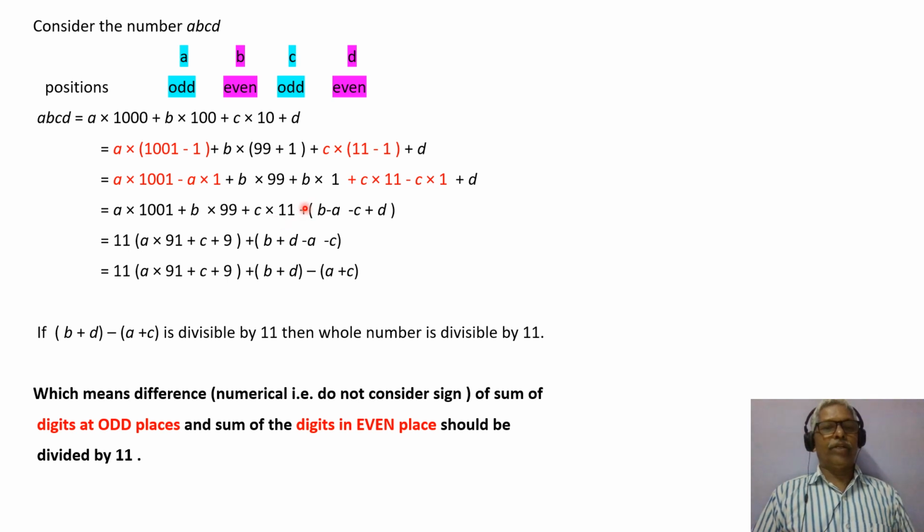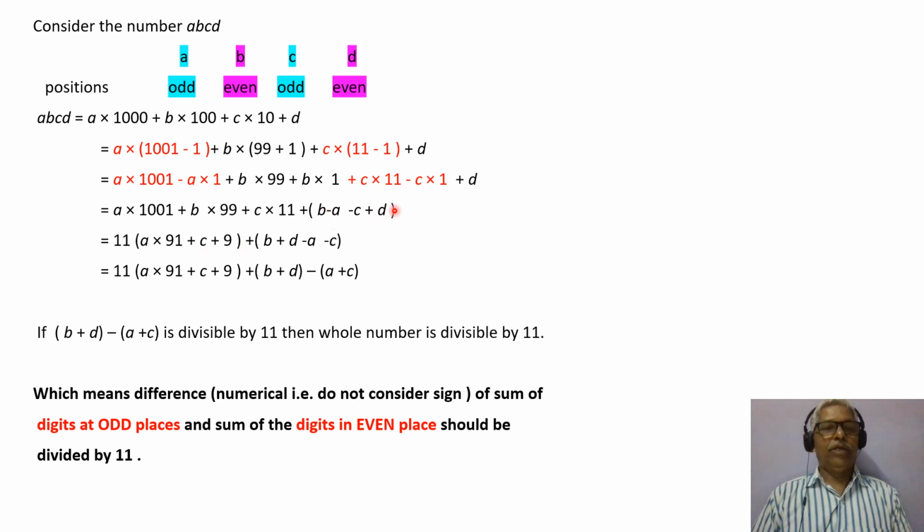Now considering all the leftover terms, this B minus A minus C plus D. Okay, no matter which is taken first, but you have to take all these terms, you cannot leave any term. Okay, so now take 11 common, so we get 11 into the bracket of A into 91 plus C plus 9 plus